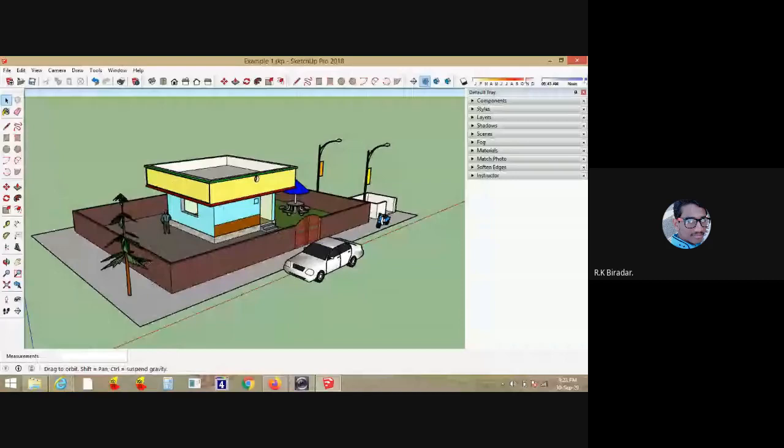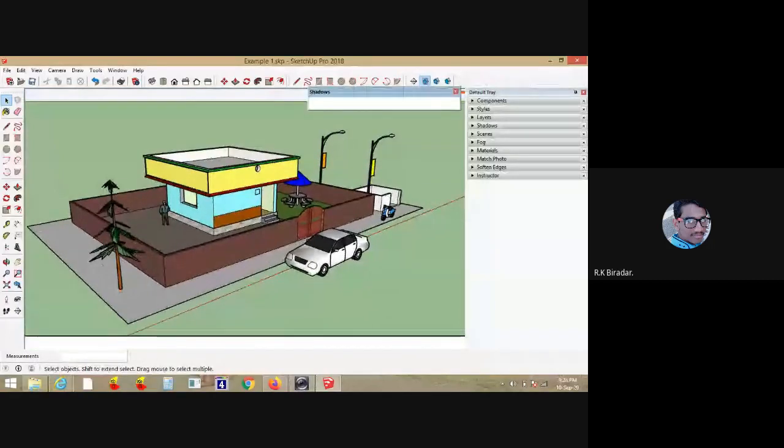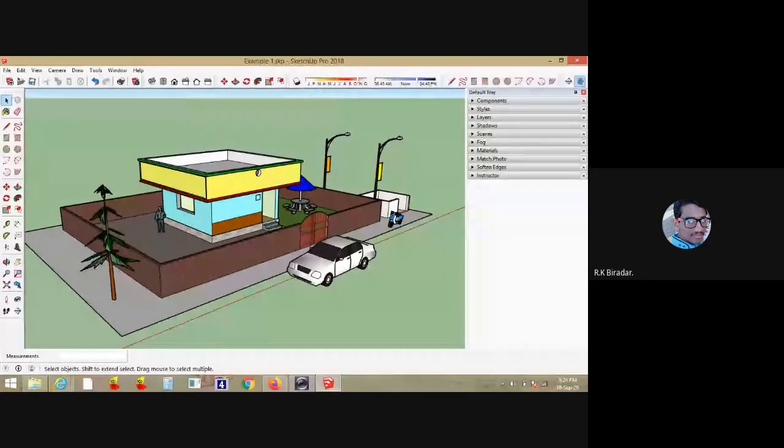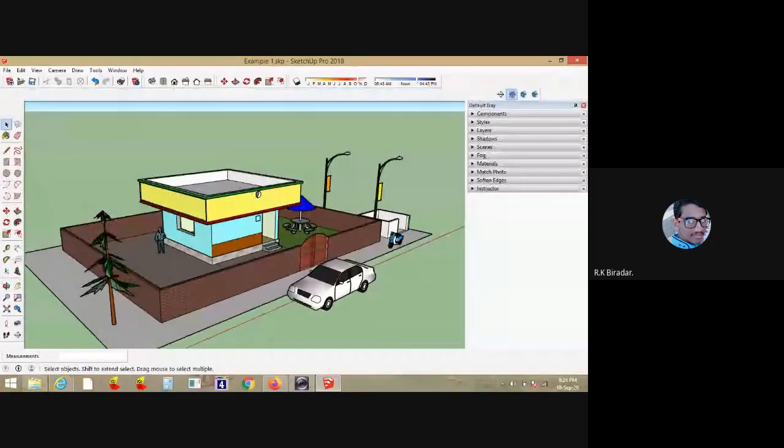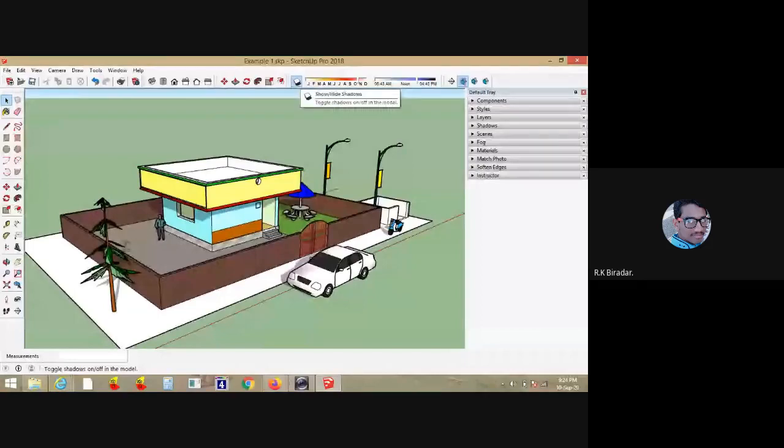And also you can add the shadow. Here I have loaded one more toolbar, that is shadows. Shadows toolbar is there. I just remove these toolbars which are of no use. Here what I'll do, I'll just click on this show or hide shadows option.